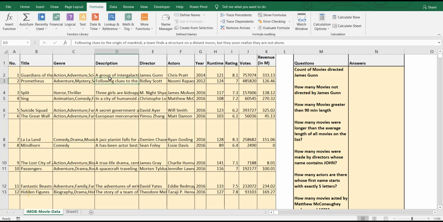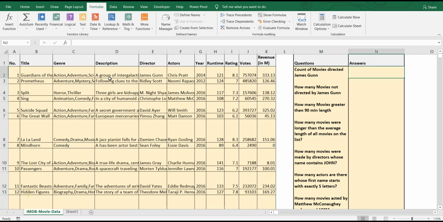So here is our IMDb movie dataset. This is a serial number. If you see, we have 1000 rows, it means we have 1000 movies. This is movie title, this is genre, this column is description, a little bit about the movie, director column, actor column, and release year and runtime, which is length of the movie in minutes, ratings, and number of votes from public, and the revenue collected for each movie, in millions.